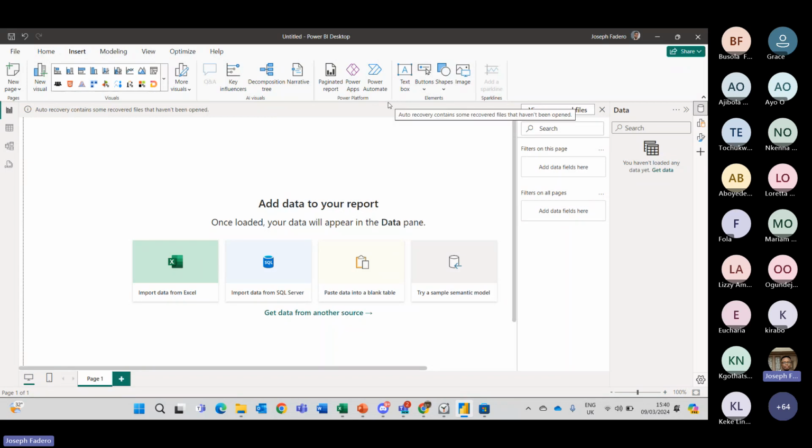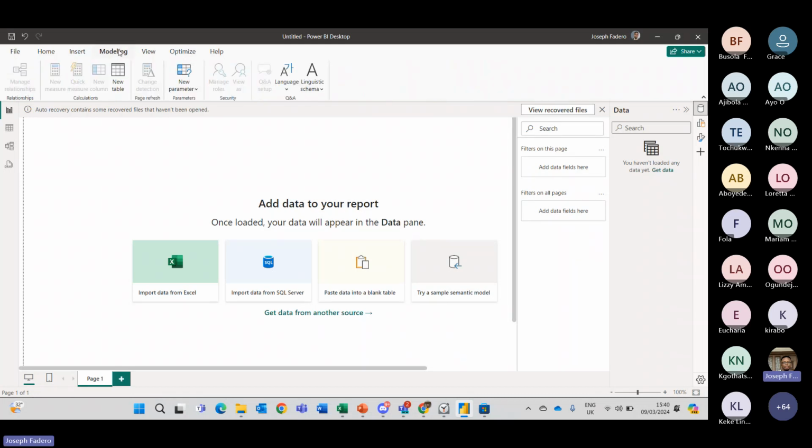So just like you have insert in Excel, your insert in Power BI can allow you to do all of this. Then you have your modeling tab. Your modeling tab allows you to check your relationships which you've created in your Power BI, create measures, create something called calculated columns. This topic will be covered more in depth when we are touching the DAX section of Power BI. Create tables, calculated tables. You can create calculated tables in Power BI.